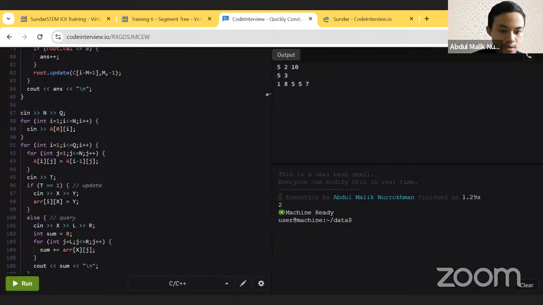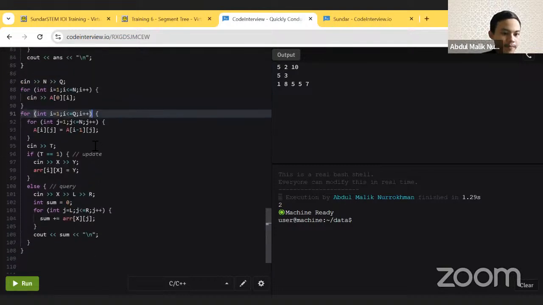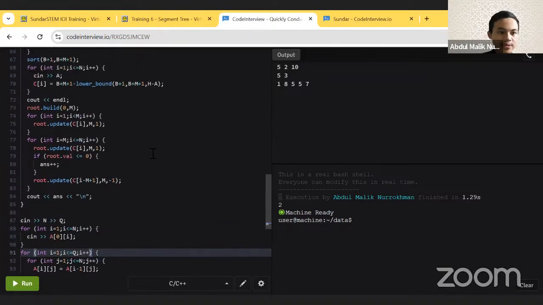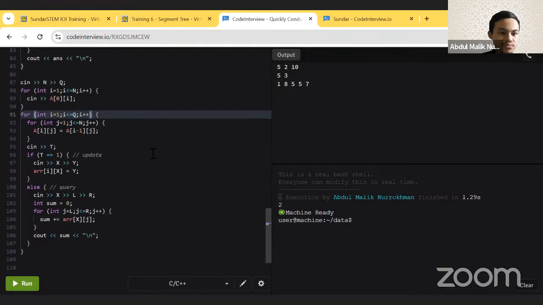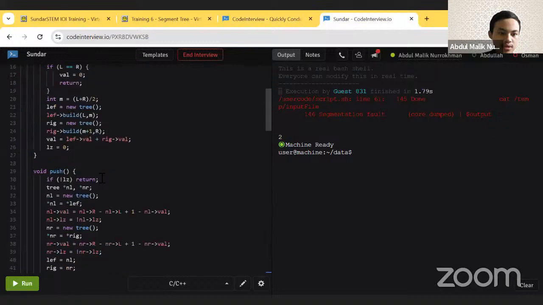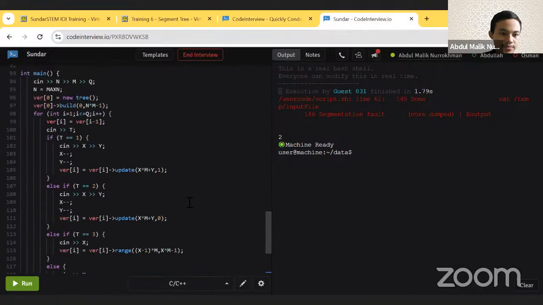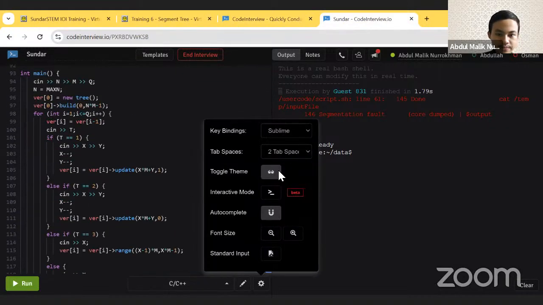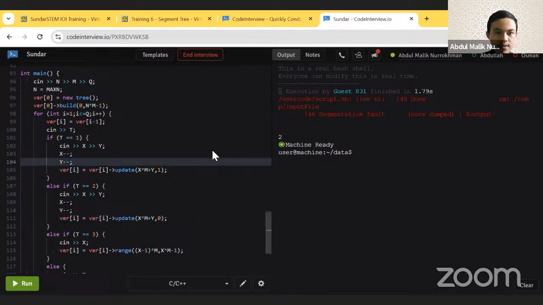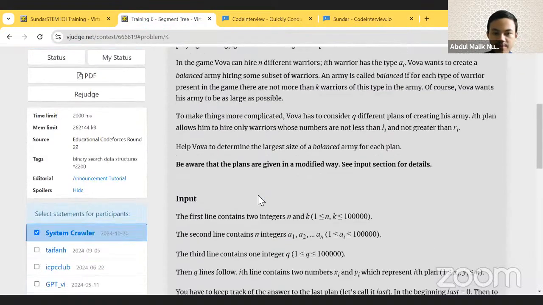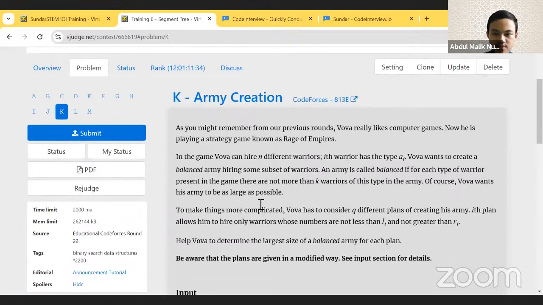So this is the solution of problem L, right? This is the solution of problem L. Oh, no, I think here. After that, about problem K,